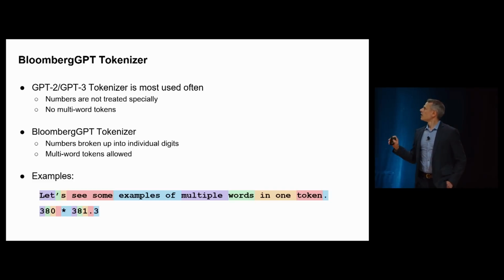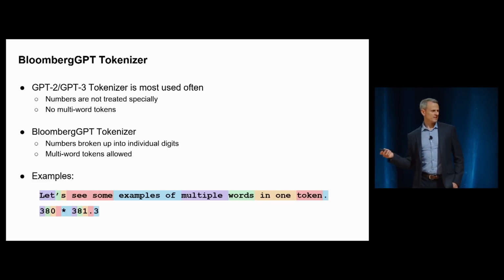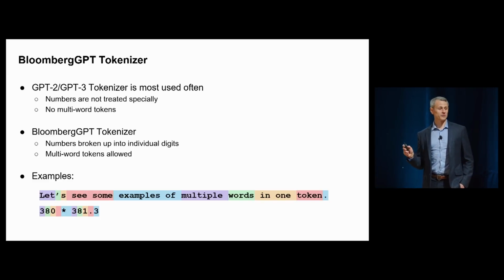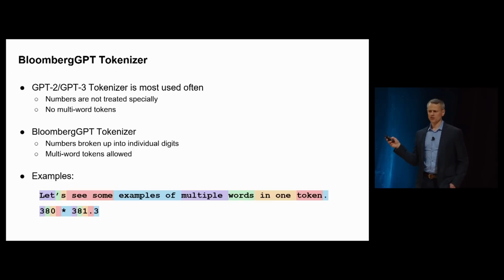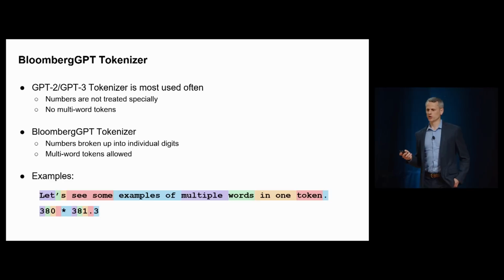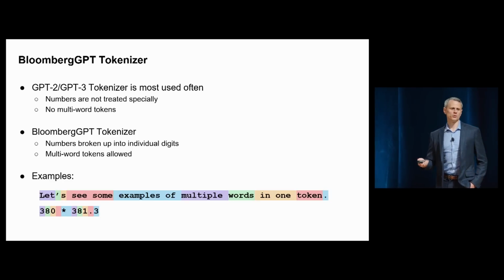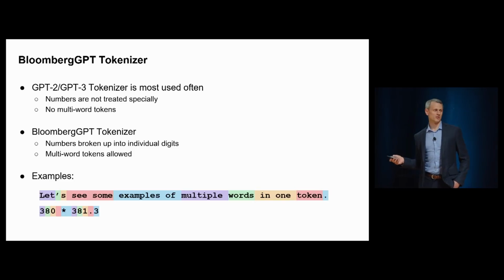OK, so I don't want to say too much about all the things we did in our own custom tokenizer, but I'll highlight the thing that we did for numbers, which is, rather than break things up into these arbitrary chunks, we separated numbers into individual digits, which we thought the model would be able to handle more easily. And I'm happy to chat about this more in a Q&A at the end if you have some interest in that.